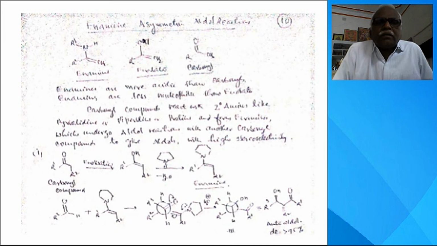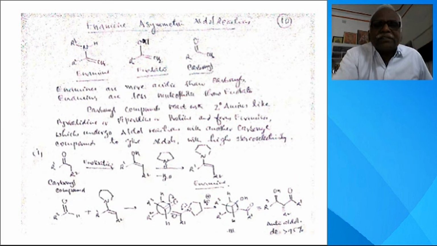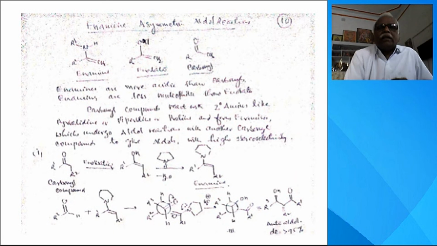Next topic is enamine asymmetric aldol reactions. This is the aldehyde, this is the carbonyl compound. I gave you a ketone here. This is the carbonyl compound. This is the right enolate, this is the meta enolate. You can have lithium here, a lithium enolate, and this is the